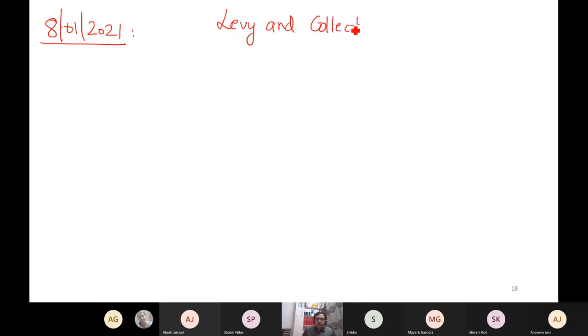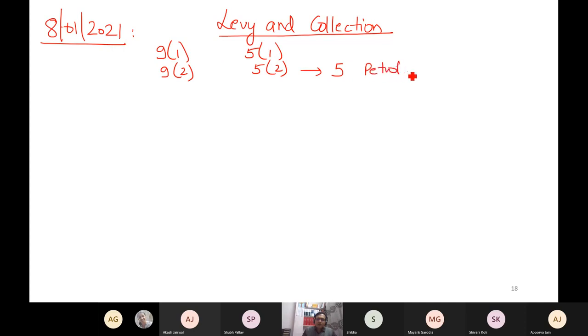We have 100% completed section 9.1 and 5.1. We have completed 9.2 and 5.2 because this subsection tells you that in case of 5 petroleum products, the GST date will be decided later on. So still these 5 petroleum products are not subject to GST in India, but these will be subject to GST after a discussion. Now my next discussion is 9.3,